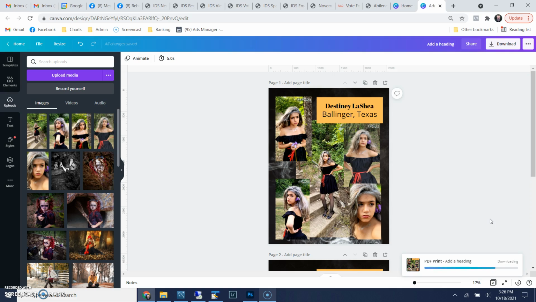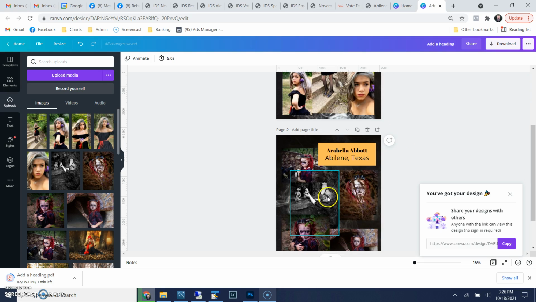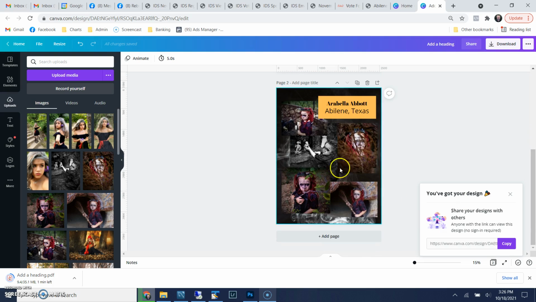But that's it. I mean, there's not a whole lot more to that. So you can add all the pages. So if you have 30 pages or whatever, then that's all you have to do is keep adding the pages. So that's going to take a minute to download. So I'm not going to wait to show you what the PDF looks like, because you know what a PDF looks like. It's just going to have page 1 is going to be that, page 2 is going to be that, and then even in any type of a PDF